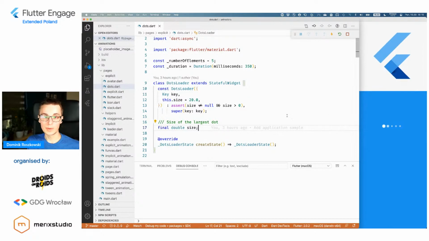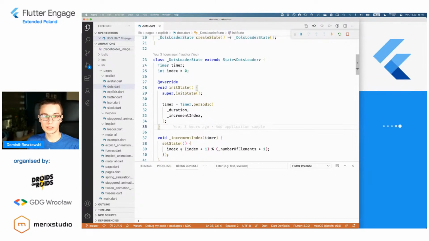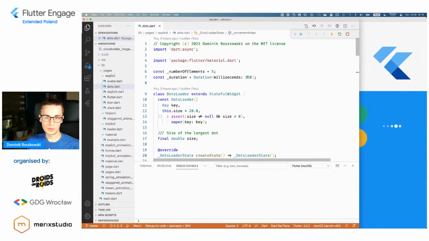So what I came up with here was to actually use a timer. And the timer has some period, and on every period of this timer, I'm just switching the index of the currently active or big circle. Yeah. So period 1, maybe let's actually make this period a bit bigger.